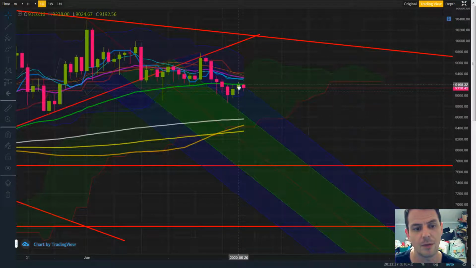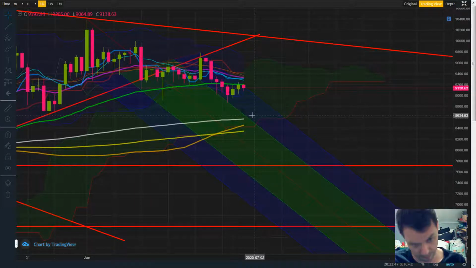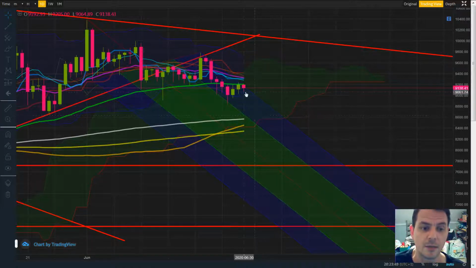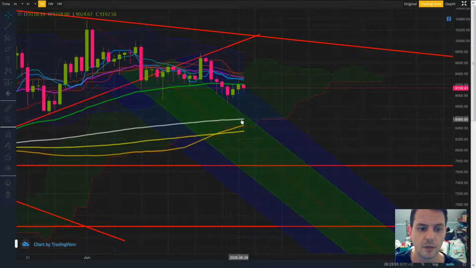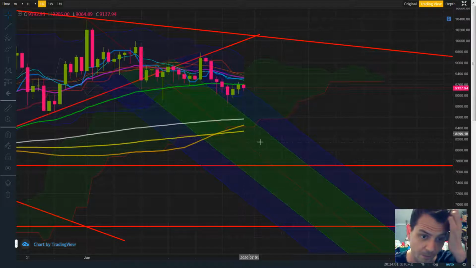Now, there'll be bounces along the way, big bounces as well. So maybe the better thing to do, if this chart actually means something and I want to stand by it, is look at taking profits on these levels, closing my shorts up here, waiting for a bounce to see if we can get up to the top of this range again, and then continue to short it all the way down, maybe even long